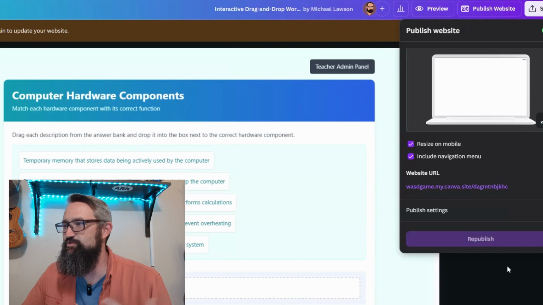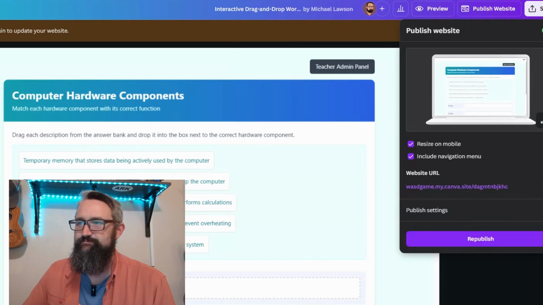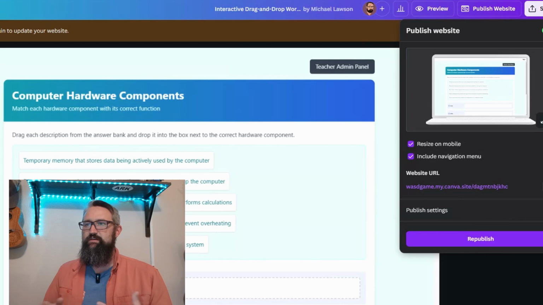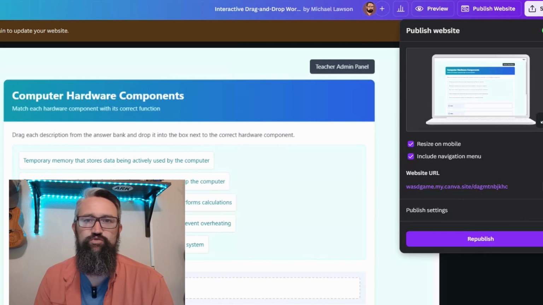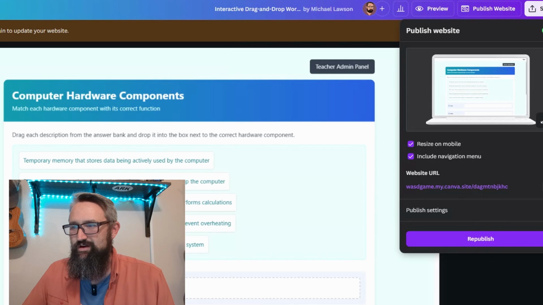I can go in to my published website. Where I put it into the Canva design, and it just works. It's so good. I can go in, I can adjust my password. It's awesome. So I think Canva Code can be super useful for any of the teachers that are wanting to